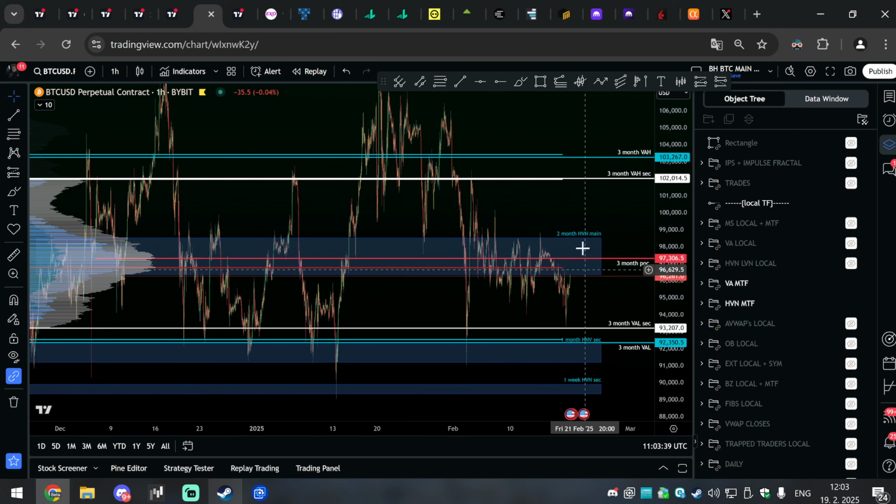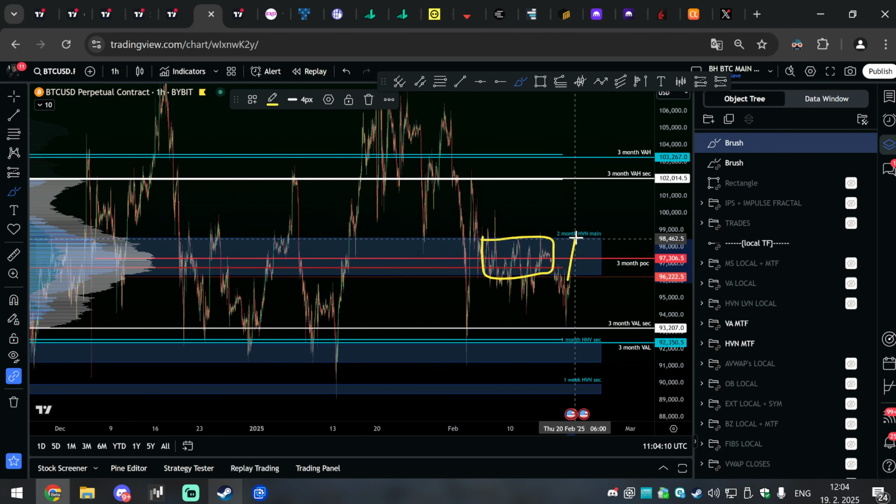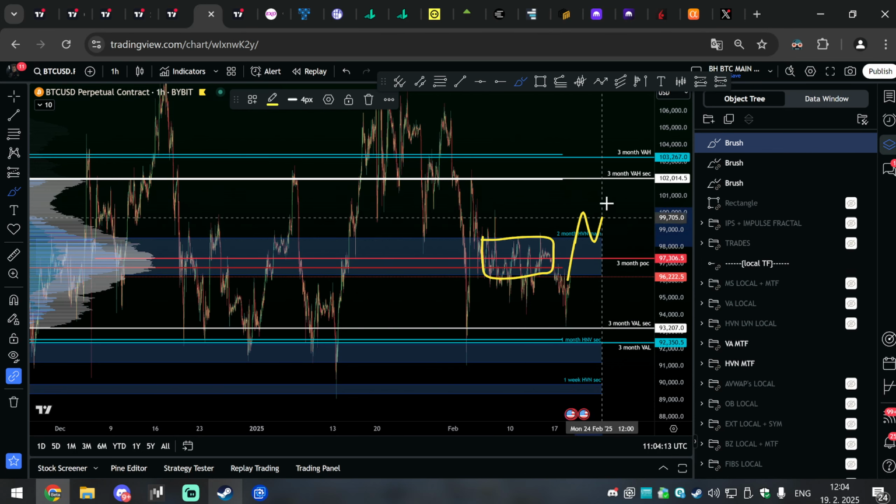This is another, I would say, problem for Bitcoin. That's why it was unable to push higher and rotate the big range as well into the 102,000s, because we've got the 3-month high volume node. We knew it's extremely likely. I said in the previous video, remember, I expect Bitcoin to be very slow for the next few weeks or months, and this is one of the reasons. That's what we do in high volume nodes, especially high time frame ones. Choppy, heavy distributions. That's what happens. How do you want to see more signs of strength? If you are long from here, you push, and you want to go away from this reclaim and then go for the 3-month VAC, then you will hit some nice beautiful targets.